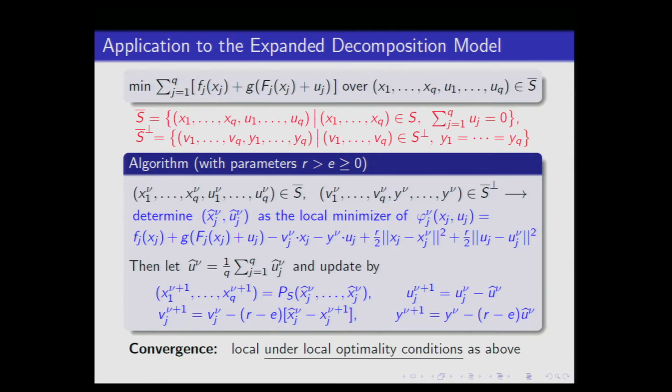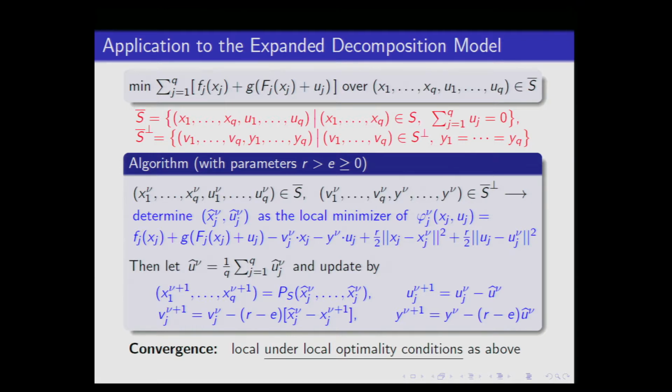So here we were minimizing that function up there over a particular subspace. And there was that subspace S bar, and there was its complement. So I just apply that algorithm, and it comes out this way. This is the first version. Then I'm going to get to an augmented Lagrangian version. So at a given iteration, I have primal and dual elements.